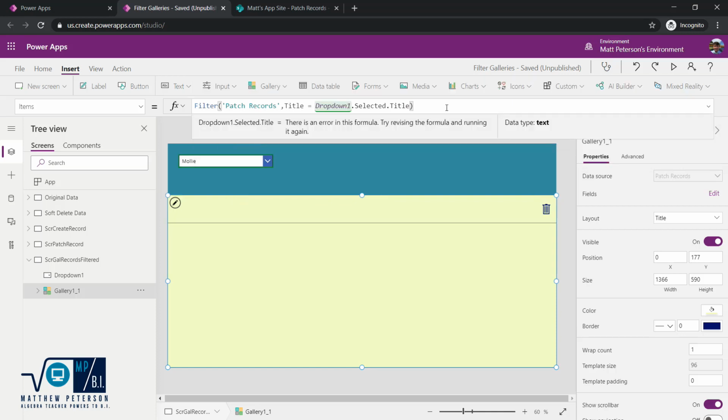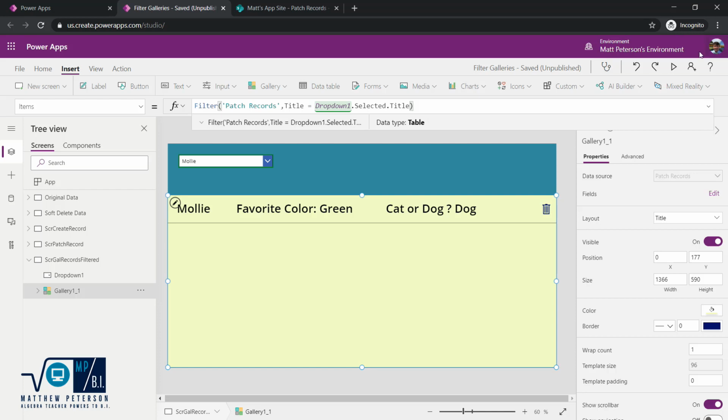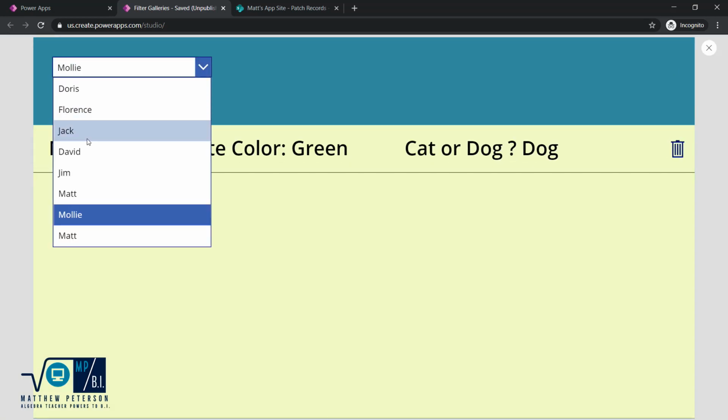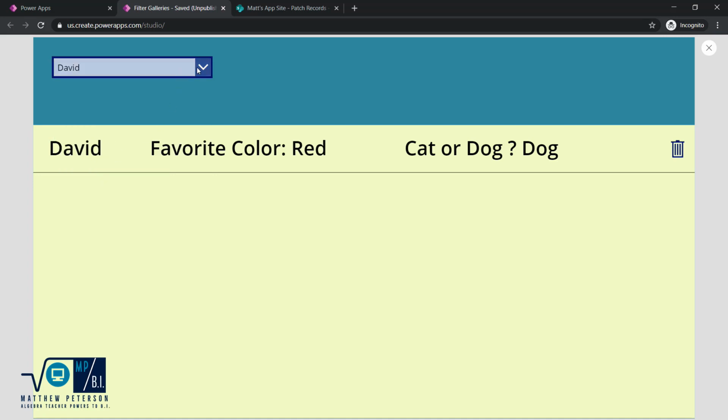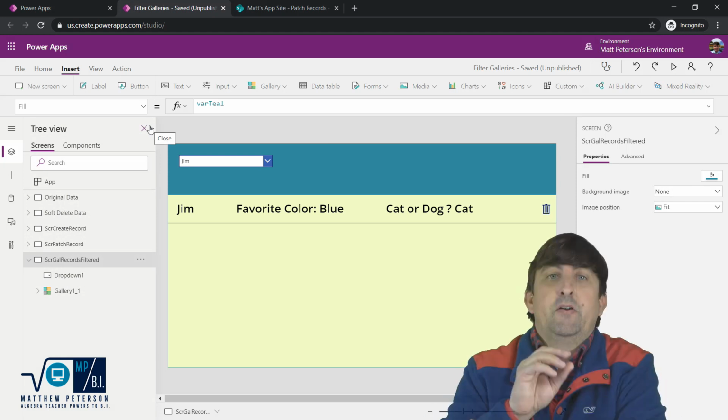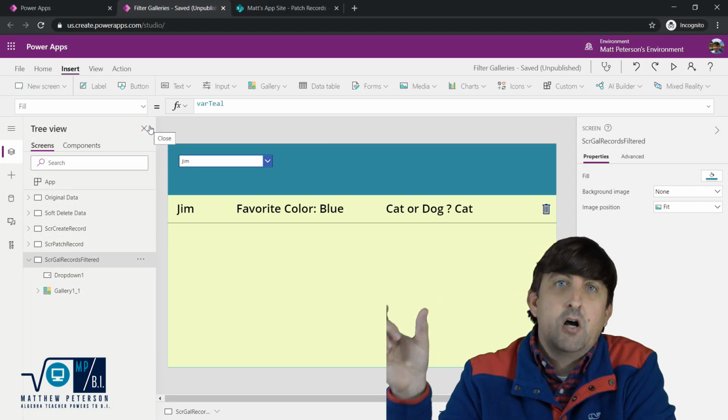And then if I close this off, in just a second, and we hit play here, there we go, we're only seeing Molly now. Let's go look for David. Now we only see David. Jim, now we only see Jim. So that is a really quick way of how to put a filter drop down based off of a column